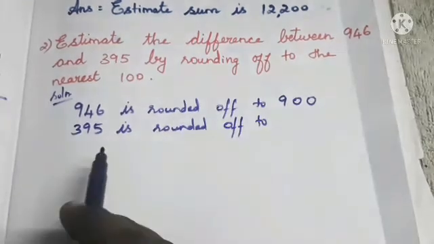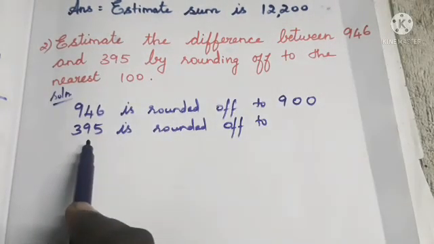So here they asked for the nearest 100, isn't it, ma? So we have to focus on the 10's place. Okay, in the 10's place what do we have? Yes, 9. In the 10's place we have 9. So it will satisfy the second condition.